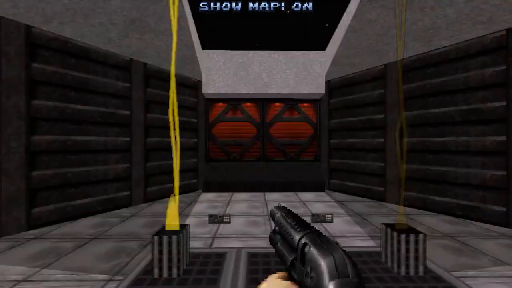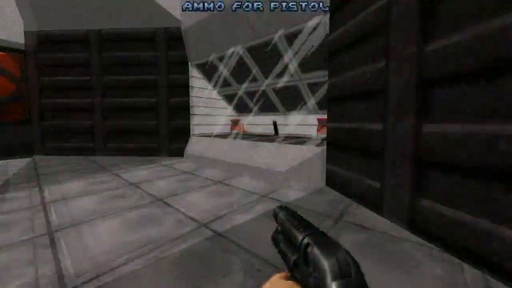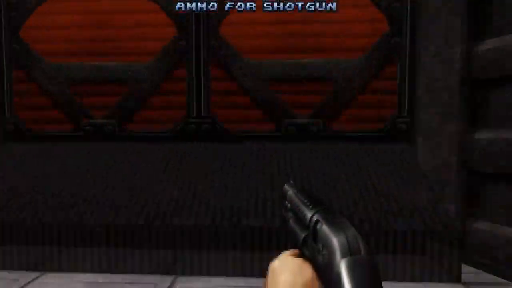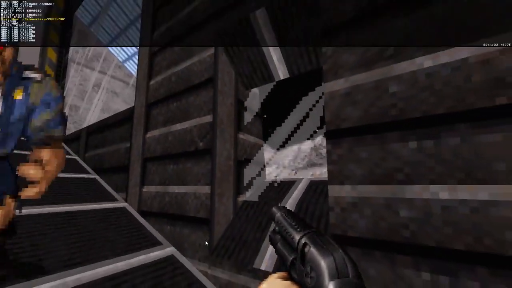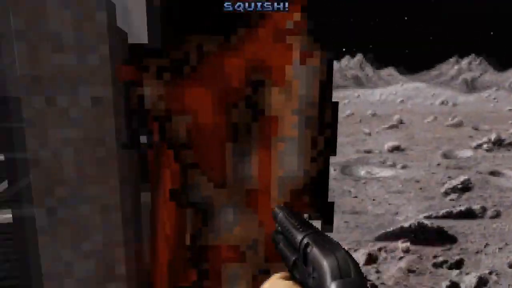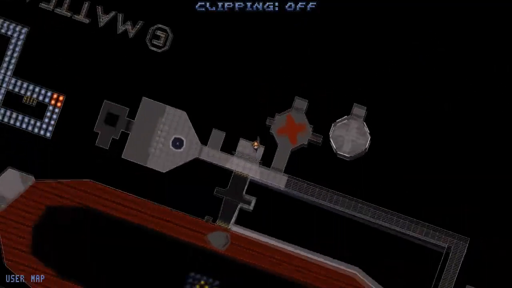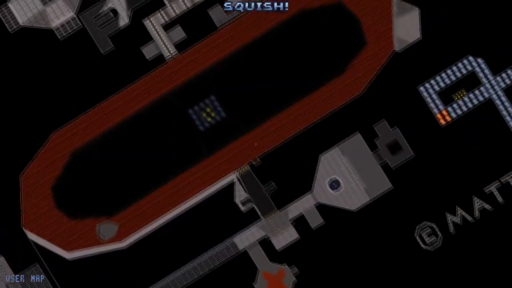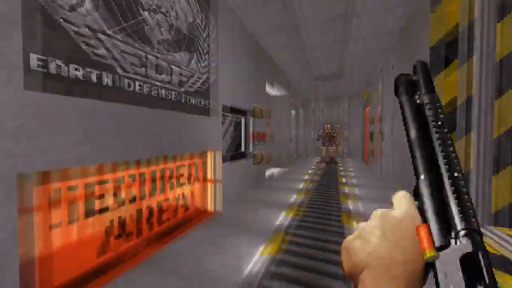So we start in this area with the glass containers. And here's the next area. Those things crush you, if I remember correctly. Yes, they do. Oh no. Let's go back. Yeah, this happens sometimes. So yeah, there's the corridor with the doors,